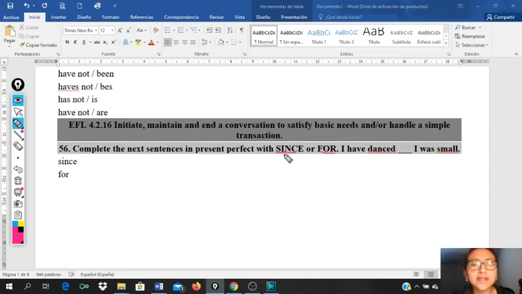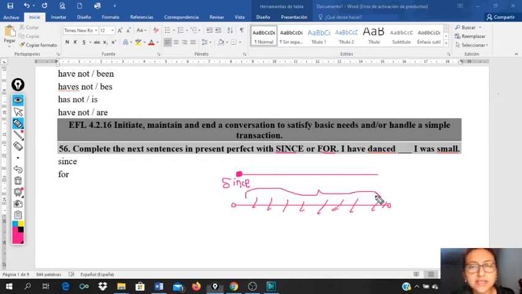We are going to remember that we use since to express the specific point in time. Utilizamos el since para hablar del punto específico en el tiempo en cuando empezó la acción. Since 2010, 2020, mientras que el for lo utilizamos para el periodo de tiempo que duró la acción. Por ejemplo, for 5 days, por 5 días. Aquí no vamos a utilizar por el lunes, ¿no? Aquí no utilizamos con el for el tiempo específico. Con el for utilizamos la duración de la actividad.